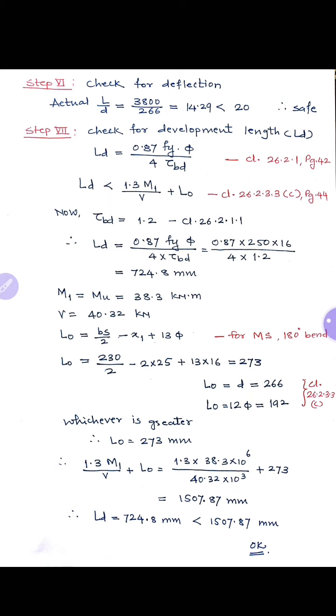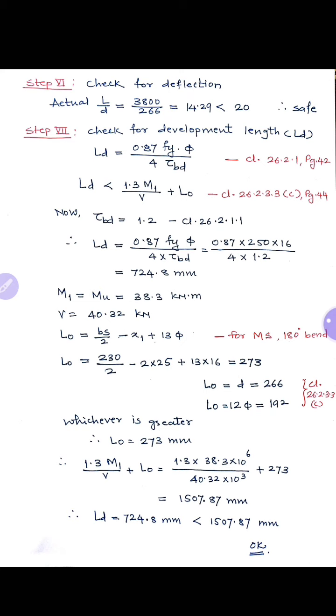Now what we have to check is the serviceability requirement. Design for flexure and design for shear is limit state of collapse. Now we are going to check for the limit state of serviceability, that is first check for deflection. We know the depth which we are supposed to calculate is based on control of deflection, and for which L by D ratio is 20 for a simply supported beam.